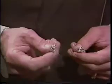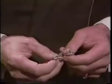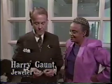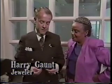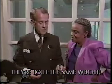This one? That's the diamond? Yes. They're both CZs. Son of a gun. Now, what made you think that was the diamond? Well, what made me think this was a diamond? Of course, I don't have my loupe, I don't have a microscope, none of the equipment. What made me think that this was a diamond is that the CZ is heavier. And so this mounting is heavier, so an initial judgment like that, I would say,